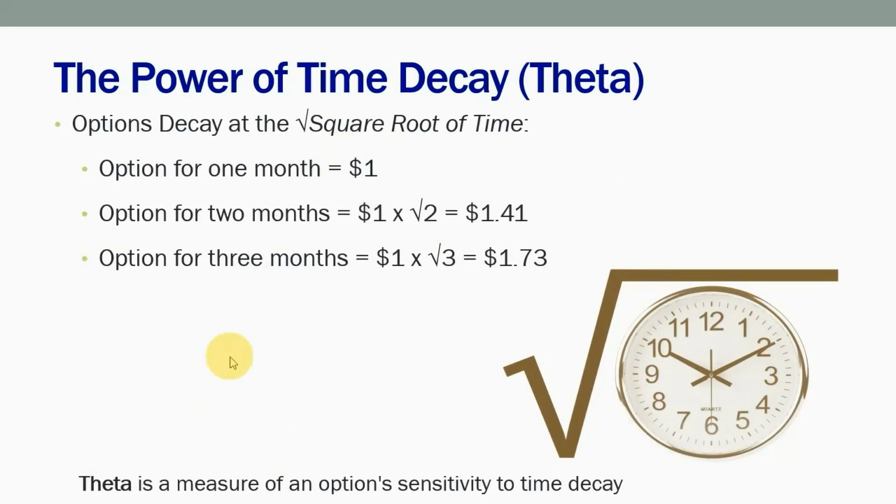Again, in this options world, there are trade-offs for everything you're going to do. Everything you're going to do, there's going to be a trade-off. If you buy this option, it decays too fast. You buy this option, it decays slowly. But if you buy this option, it decays slowly, you can't make as much money on it.